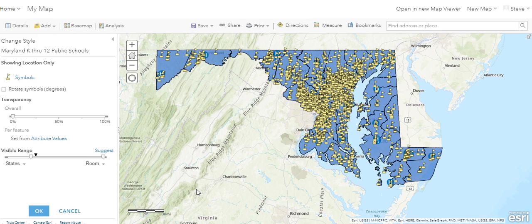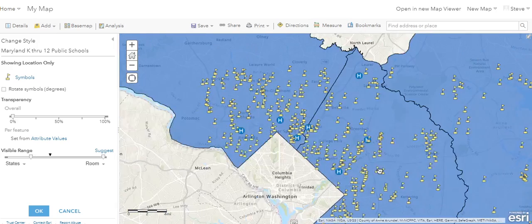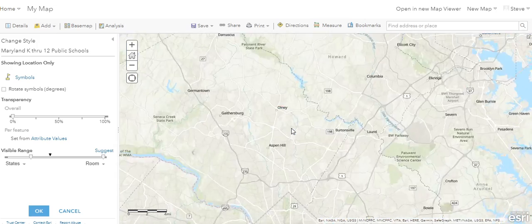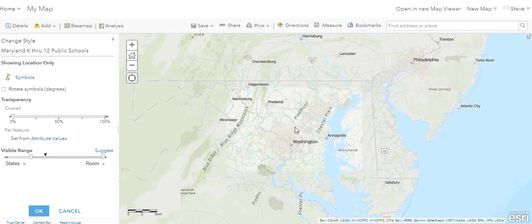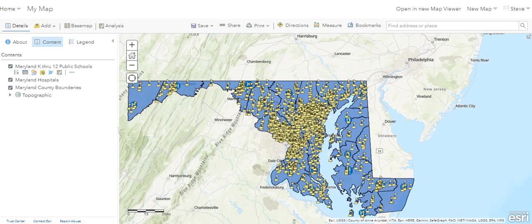Now, at this scale, this map is kind of cluttered, and it's not really an effective map. But as you zoom in, you start to see the relationship here between hospitals and schools. And again, if I zoom out, one thing that may help a little bit here is to do one more symbolization. So I'm going to click OK and Done to save the schools. And then what I'm going to do is